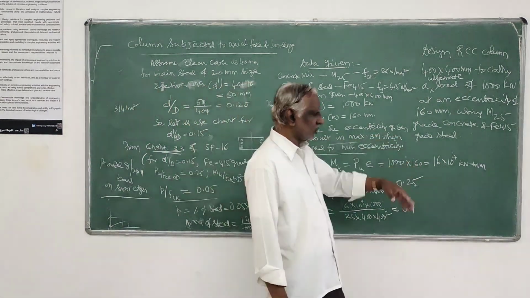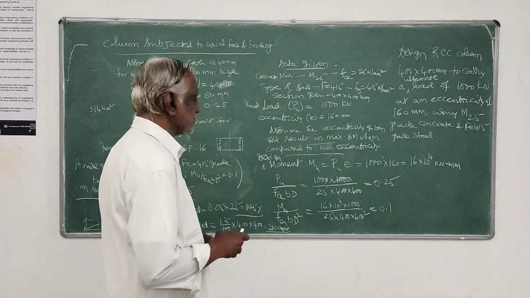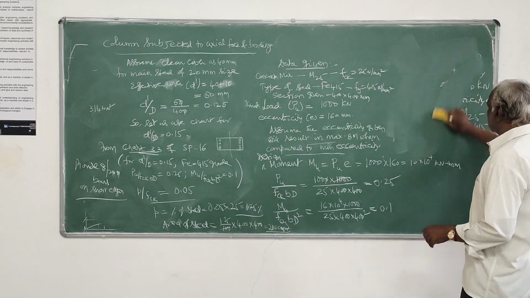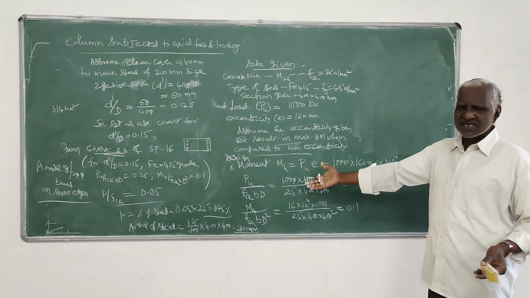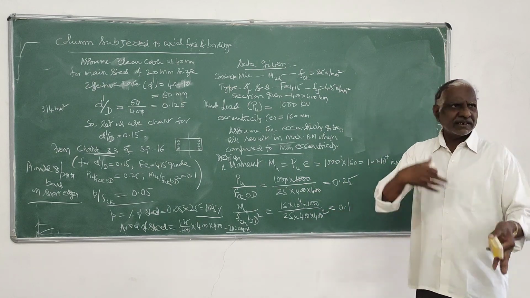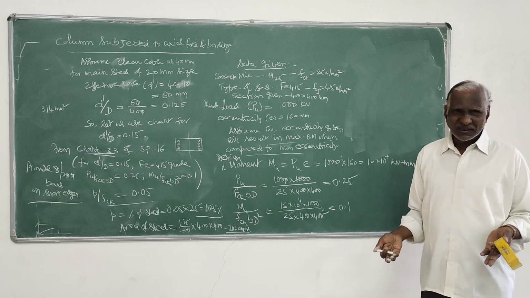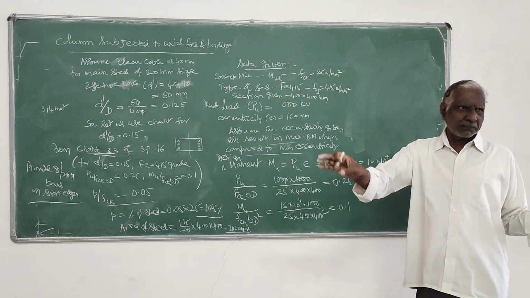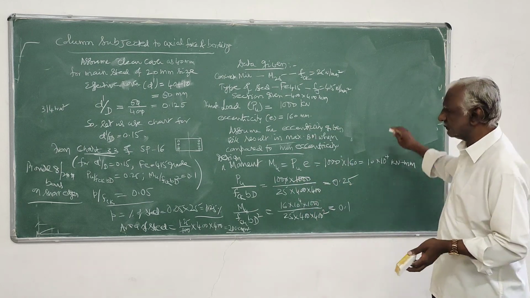Because in the problem they are told to sketch the reinforcements also. You can sketch the reinforcement, so that completes your design. This is only for uniaxial moment. Of course, the section given is square and eccentricity is also given, so you can take it as biaxial also and design the same section for biaxial bending. Biaxial bending is very simple, only using another interaction formula, nothing other than that. It is a simple calculation on top of uniaxial bending itself.